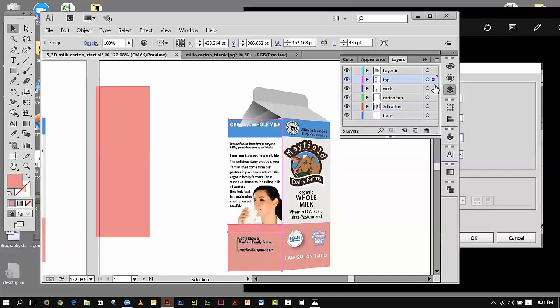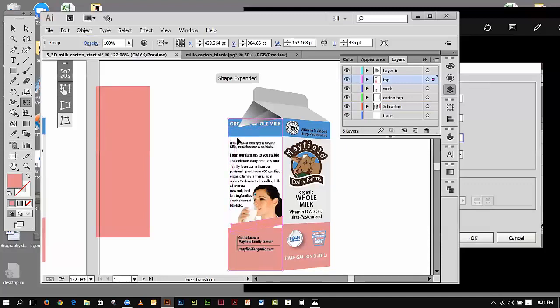All right, so I'm going to move it up just a bit. And that's probably good right there. Okay, and now using the free transform tool, I'm going to use free transform or free distort, and I'm going to click on this thing and start dragging that thing down until,